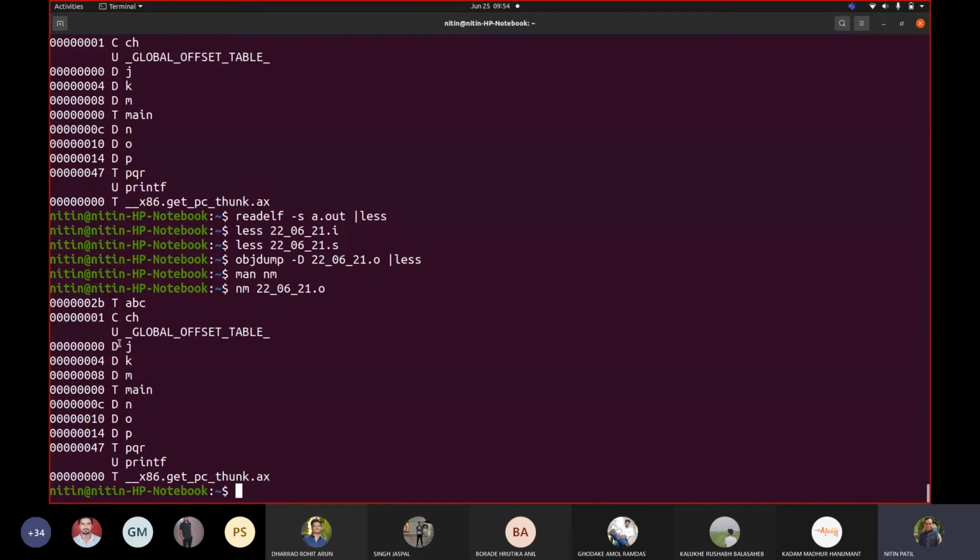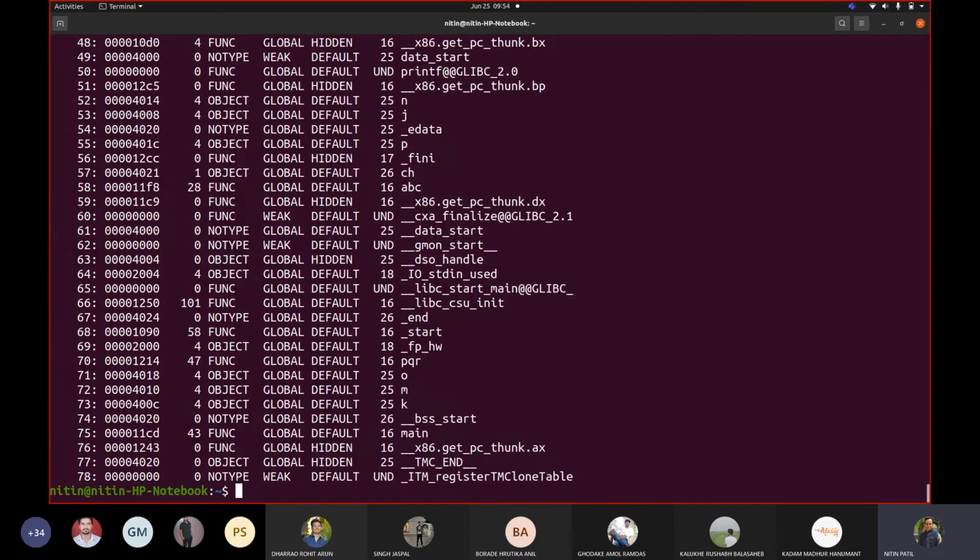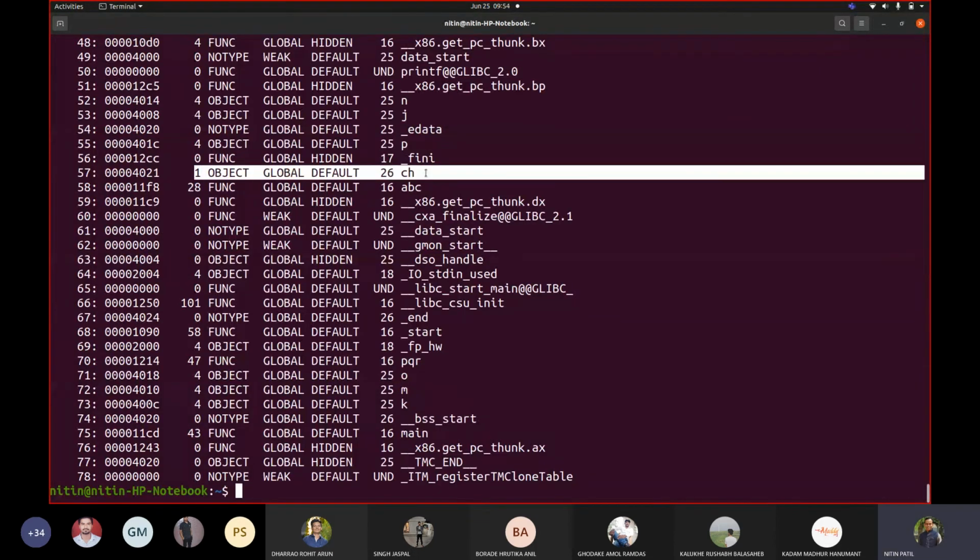Now let us see the size for ch even. We forgot to check it. So readelf -s a.out. Now see ch. Can you see ch? You can see 1 here. Size is 1 character; for a character, size is 1 byte. Correct.